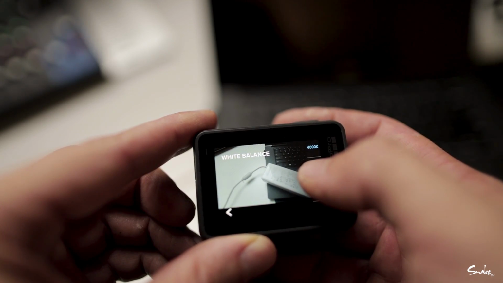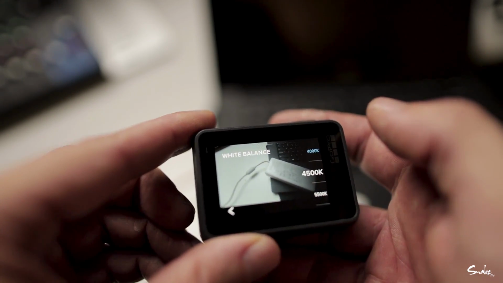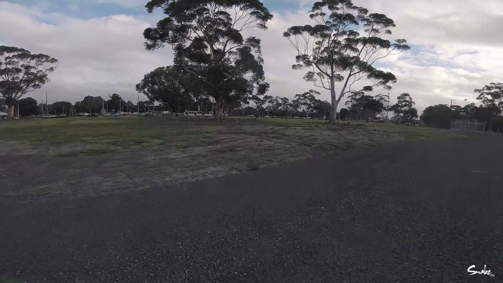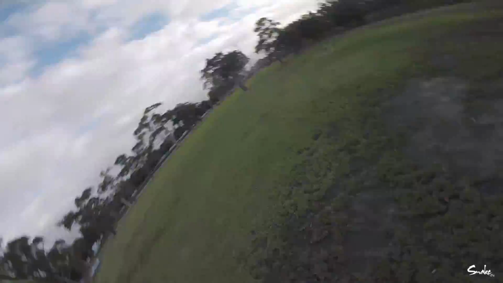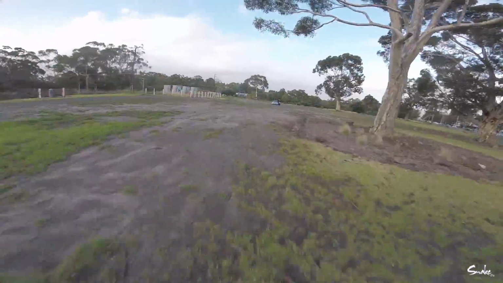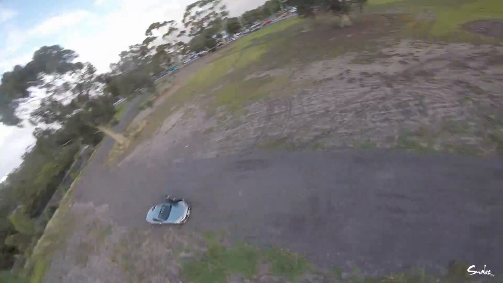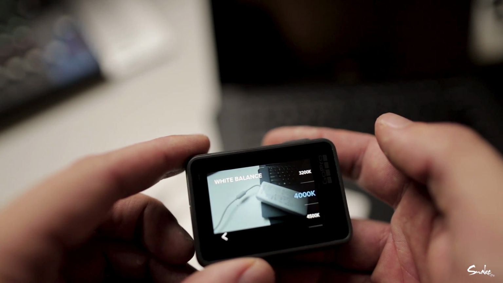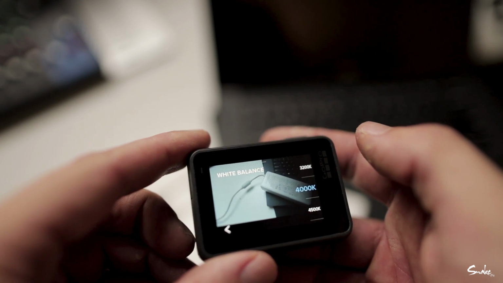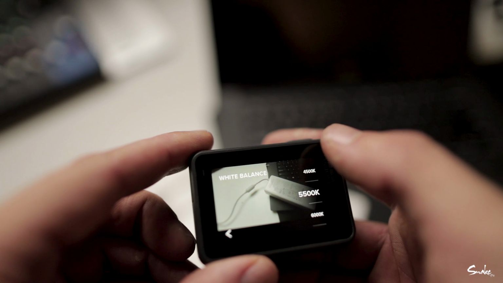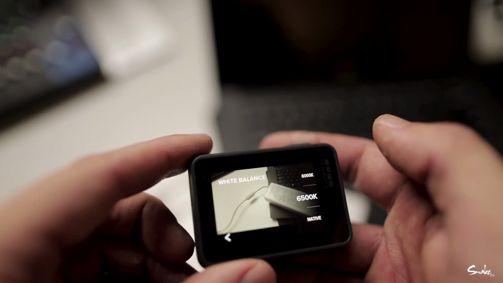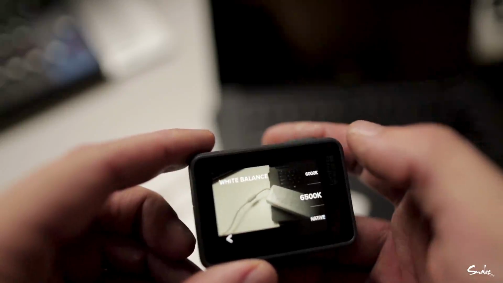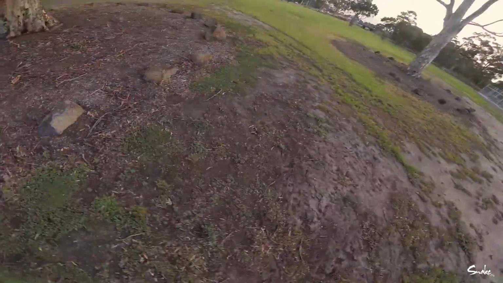But what will happen is the camera will sort of calibrate itself when you first start recording, and then you might fly around to an area that is cloudy and it doesn't have quite the same amount of warmth in the light because it's not getting direct sun, and then you'll find that your image will look a little bit more like that, which is not warm enough. And in that situation, if you're flying on a really cloudy day, you might want to set it to like 6000 or 6500 or something like that. So that basically explains why you might want to play with